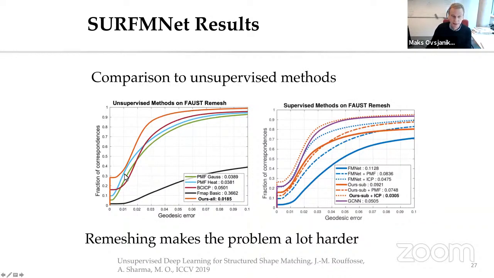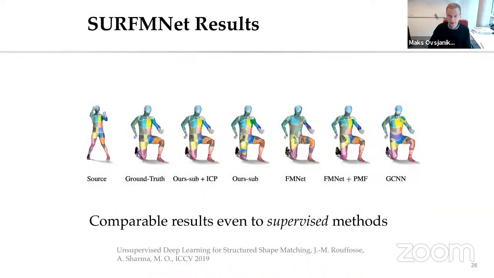And these plots that I'm showing here are much more modest than the plots that you might see in some of the papers that work on just the original Faust dataset. But I think they are a little bit closer to the reality that you see on actual shapes, right? The other interesting thing is that this work, even though it's unsupervised, actually achieved better results than some of the supervised methods. And to me, it's also saying that even if you have the ground truth, it's not enough. It is also extremely important how you impose these losses, and with unsupervised losses, you can sometimes get just as good results. So here are some texture transfer results using this approach.